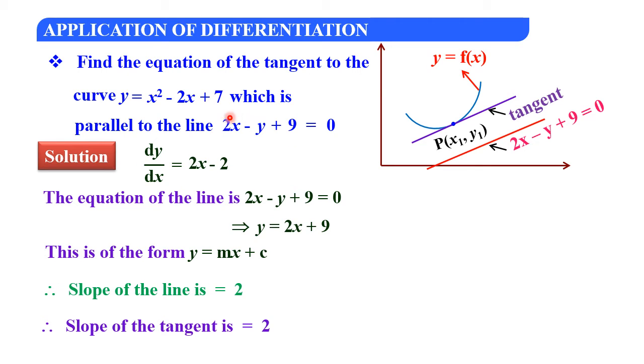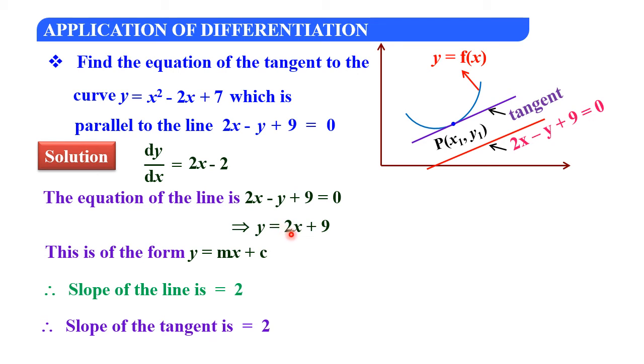Now you consider this line. In this line you can get the slope. How is it? By converting this respective line into slope intercept form of y-axis. So minus y you take to the right hand side, so it will become what? y is equal to 2x plus 9. So compare this respective line with the equation of slope intercept form, y equal to mx plus c. m is called the slope, but we cannot refer to it here as m, in the sense what? It is dy by dx.